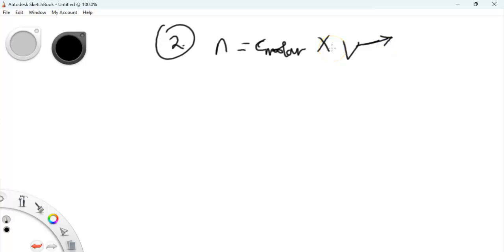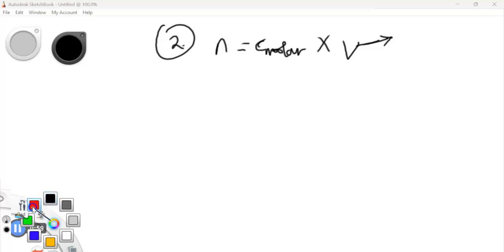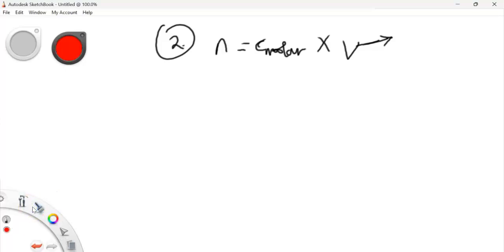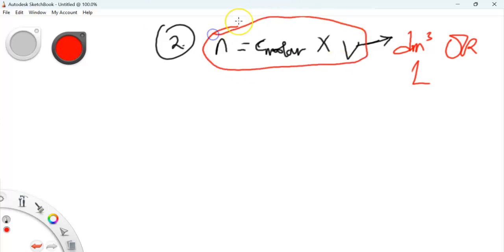is given in the form of dm cube, or it was given in the form of liter. If it's given in this form, just know you are going to make use of this formula. And in that particular question, what you are seeing is molar concentration. For example, assuming you are given something like this,